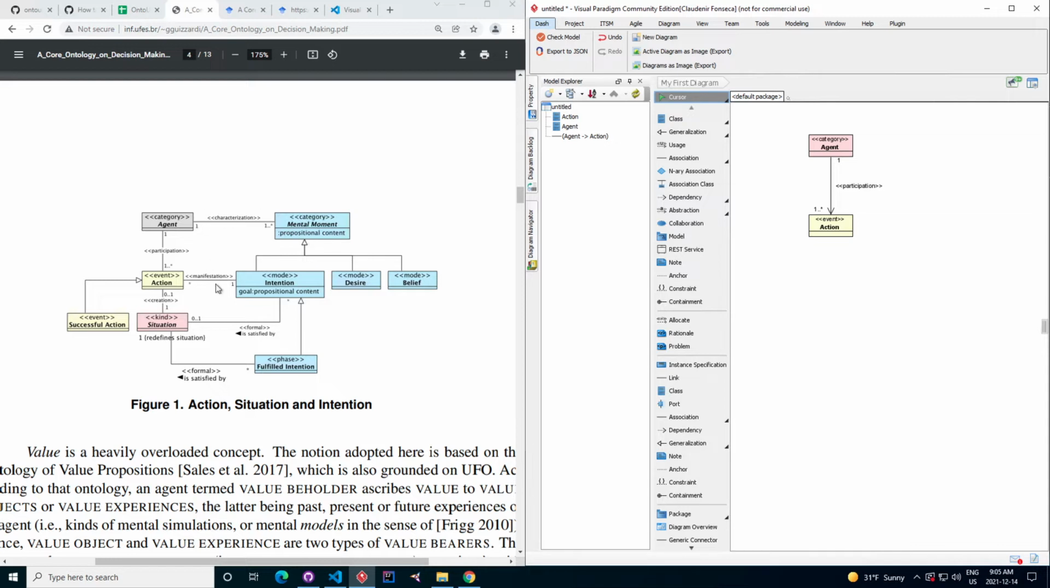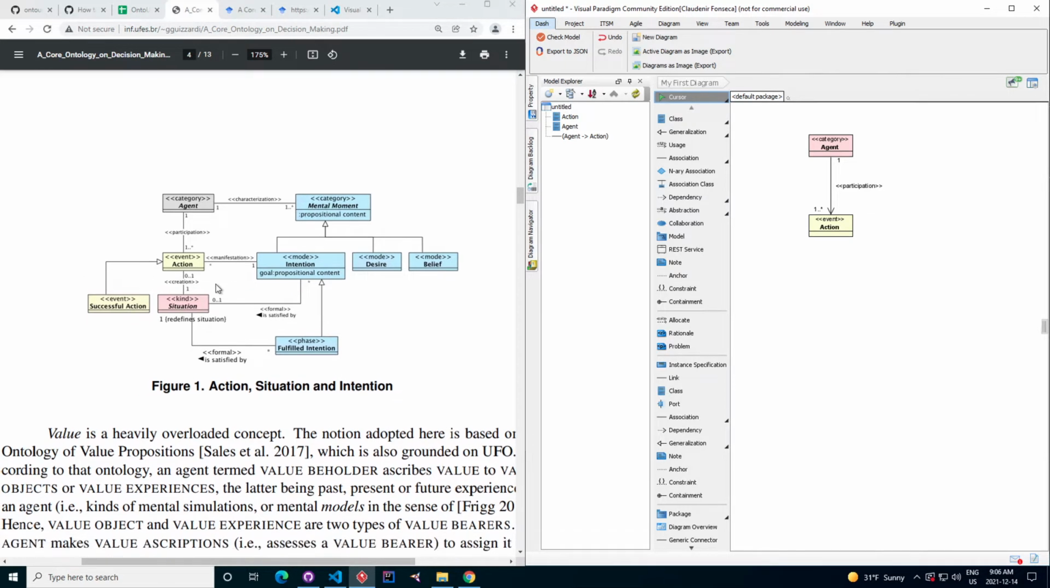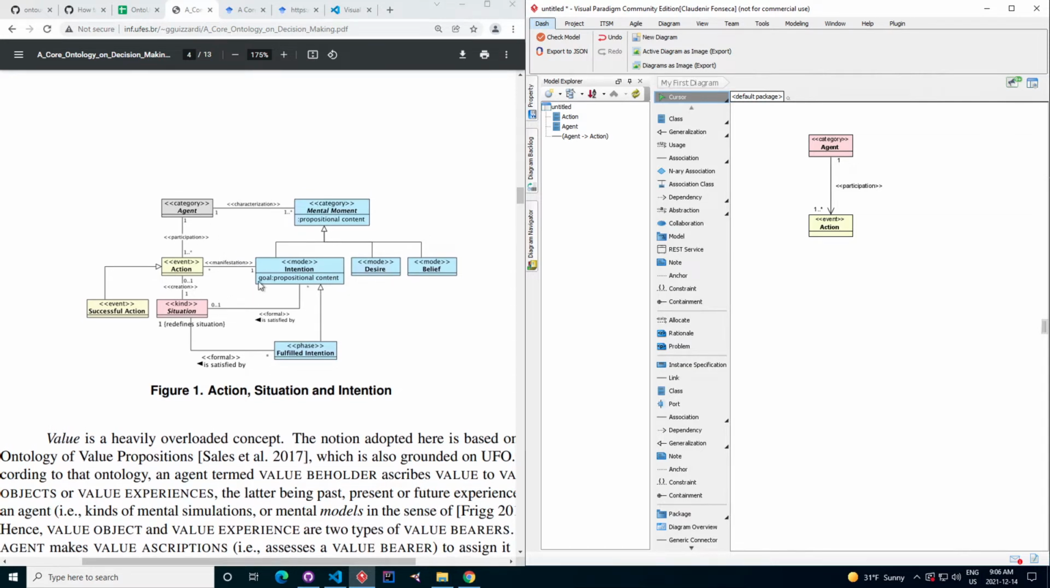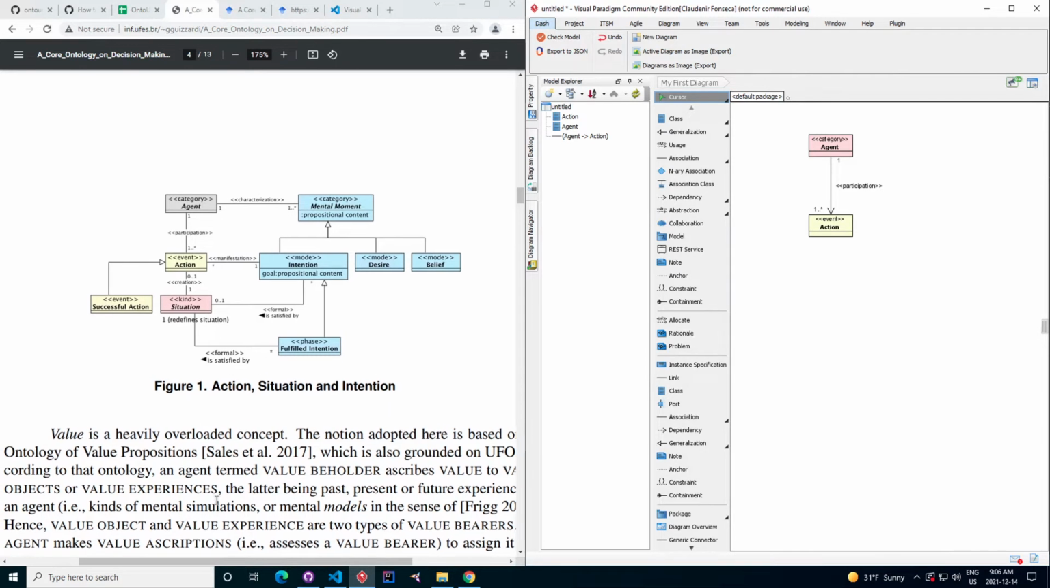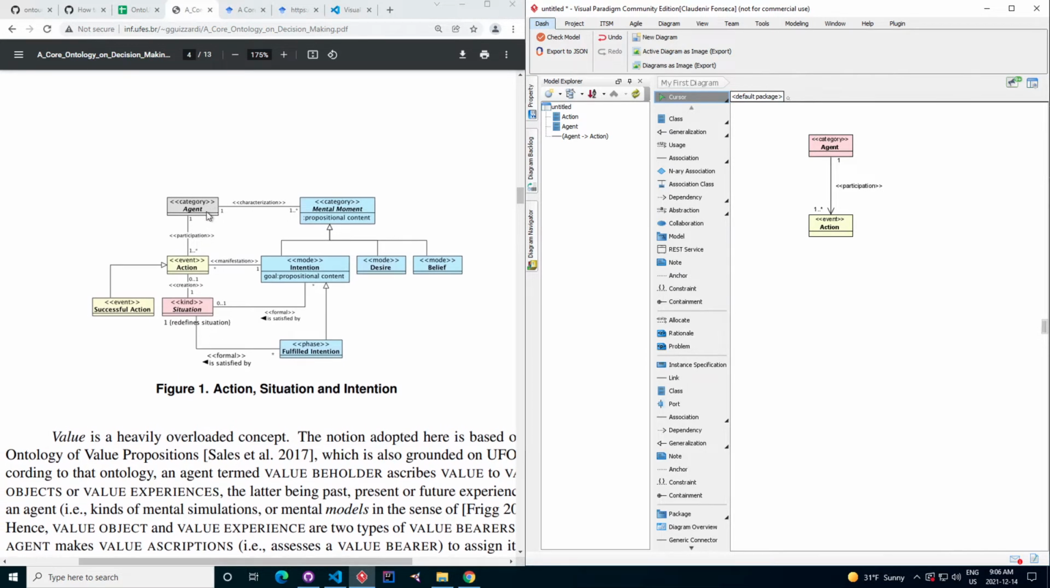Observe that there is some information that's not available in the diagram itself. This information, if I have questions about it, I have to go into the text and double check what the author means. So in this case here, I know that this category agent is in gray because the red color